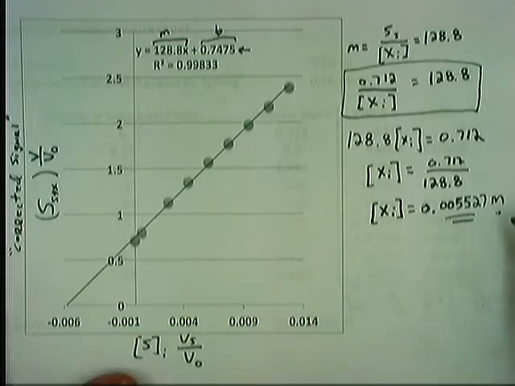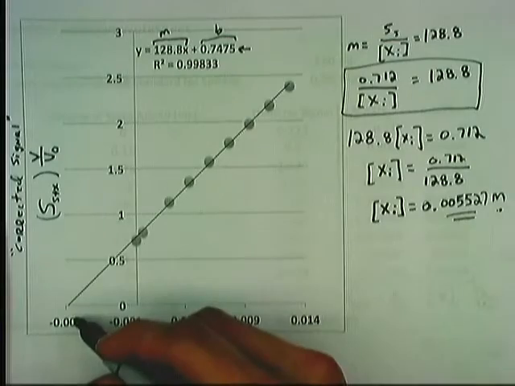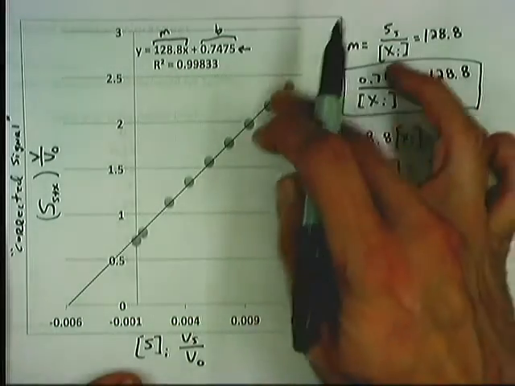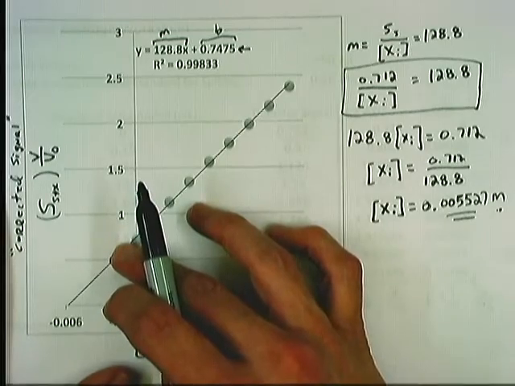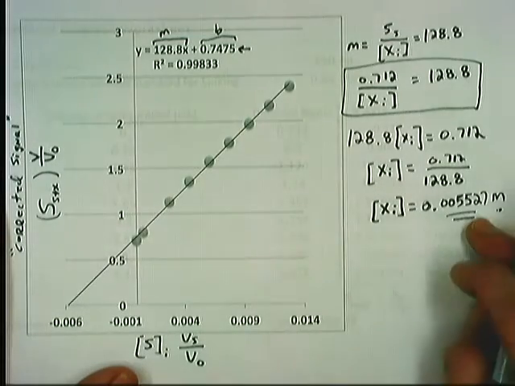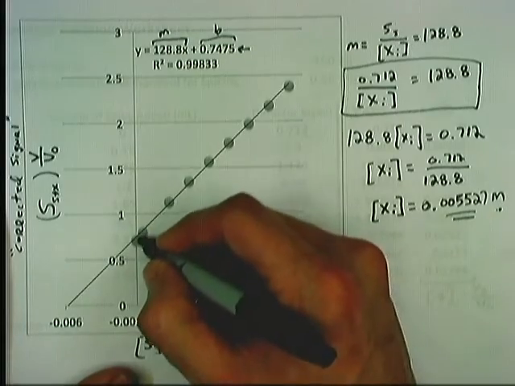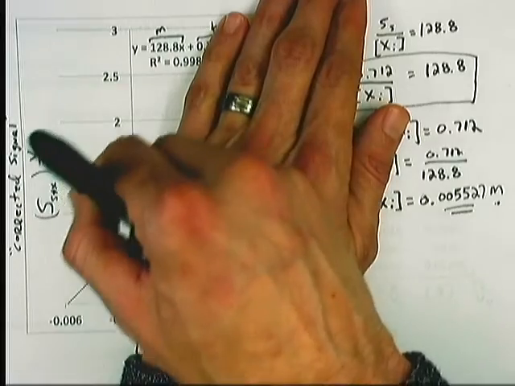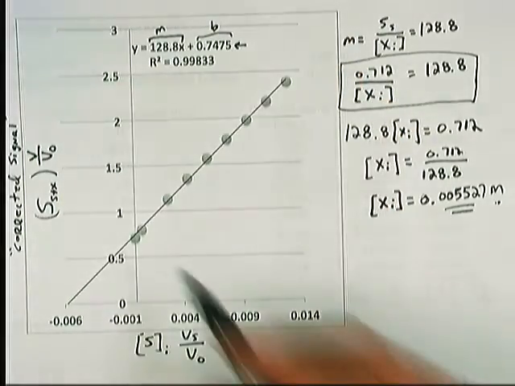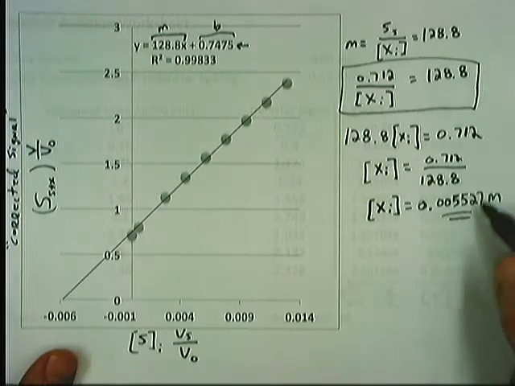Again, the beautiful thing about this is we're fixing our slope here by all of these points. They all count to help us determine that slope. And hopefully that will lead to a more precise concentration than if we just use these 2 points. Right? Because that's what you're doing in the single point analysis. You're throwing away all this and you're just using these 2 to find your slope. Well, if you use all these other points, hopefully you get a better slope, and that leads to a better